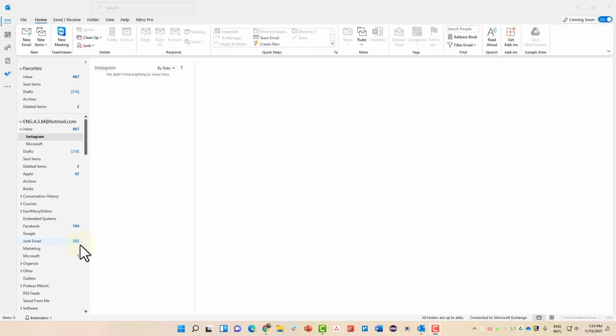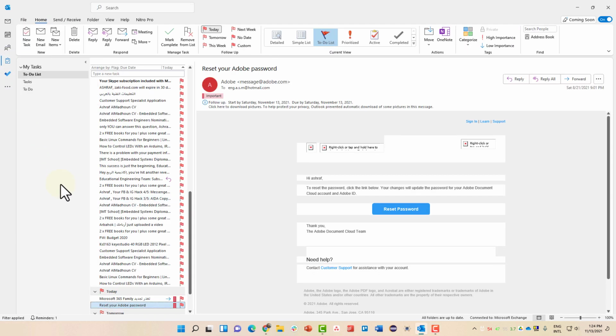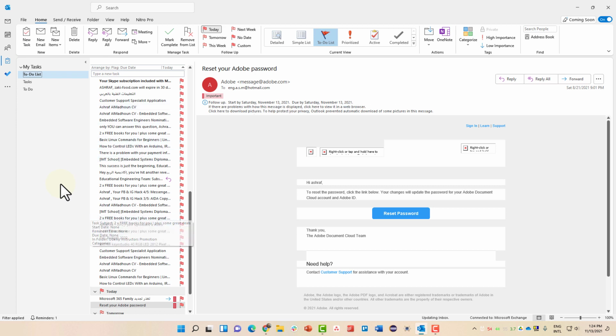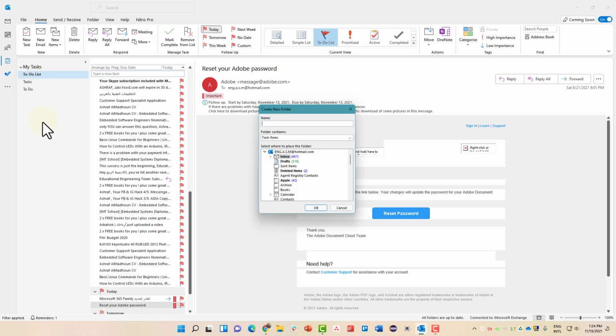Hello and welcome to this new lesson in which we are going to talk about the Tasks tab. Now, from its name, it's basically for tasks. Once you are here, you can see all the tasks that you have to do. You have more than one folder: to-do list, tasks to do, and you can right-click to create a new folder,